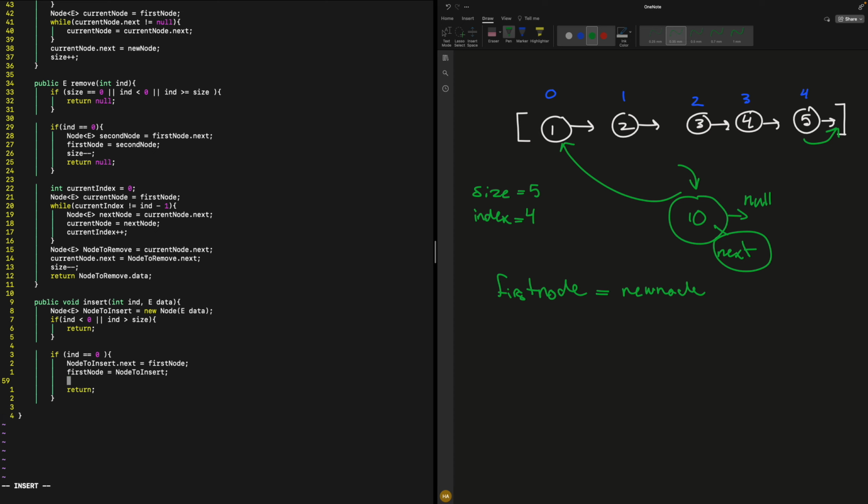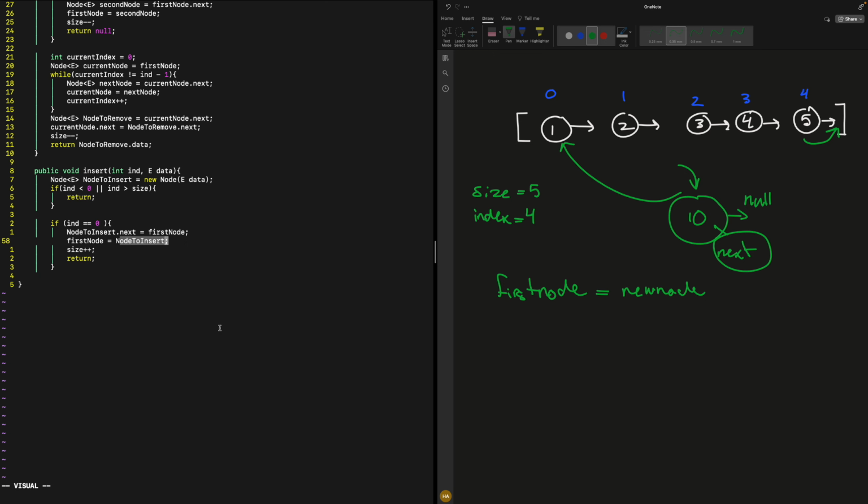Now the next thing I want to do is have the first node become the node to insert, and return. Before you return, you have to do size plus plus because we just added one. Okay, so now as you can see, the node points to the first node, then the variable first node becomes the new node because the new node now is at the front. Okay, so now that that's done,